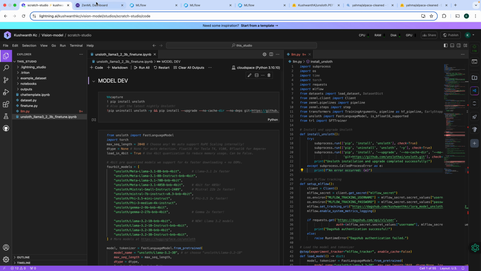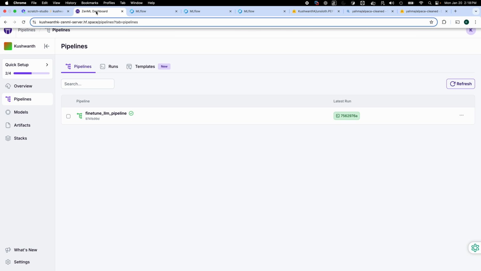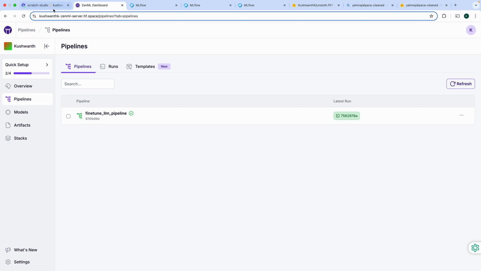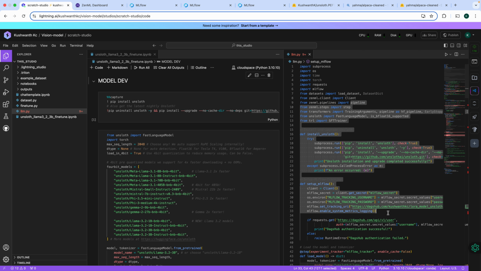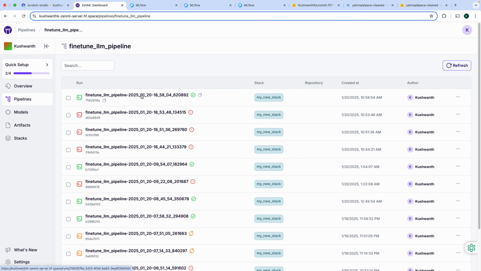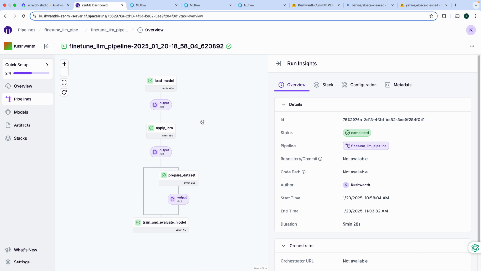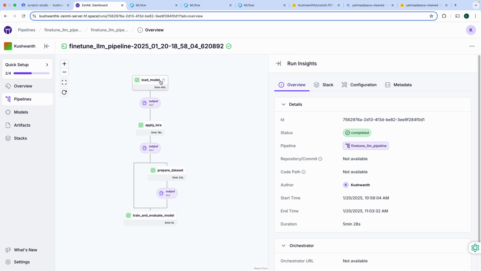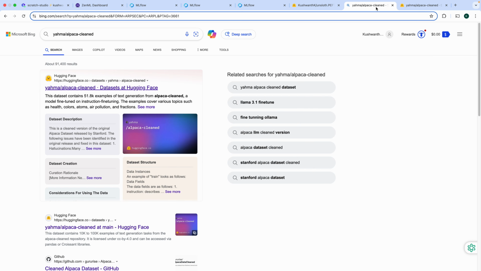Yeah, so if you see, this is my pipeline. So this is my entire code that I built to build this certain pipeline, and I did set up the process. I will show you in the later videos. This has been the flows that I have been running. If you open one of the things, this is my pipeline. So loading the model and applying the LoRA on the model, and then preparing the data set. I have taken the data set from